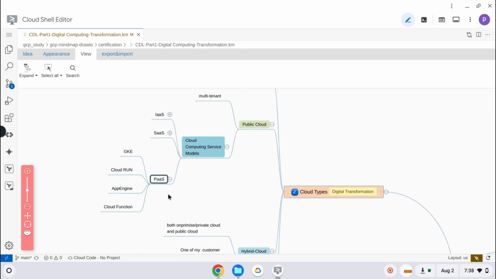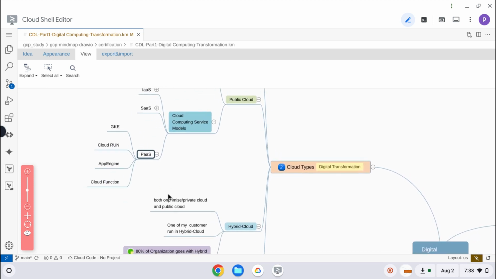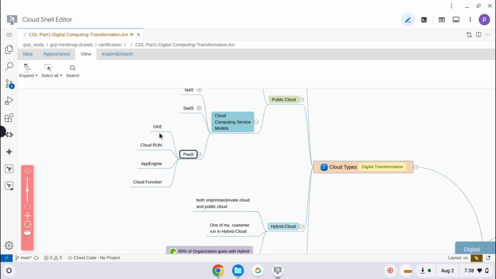Platform as a service: you know GKE, Google Kubernetes Engine, Cloud Run, App Engine, Cloud Functions. These are all platform as a service. In fact, OpenShift also comes under platform as a service. In addition to the hardware, they are providing a platform as well, in which you deploy your applications.